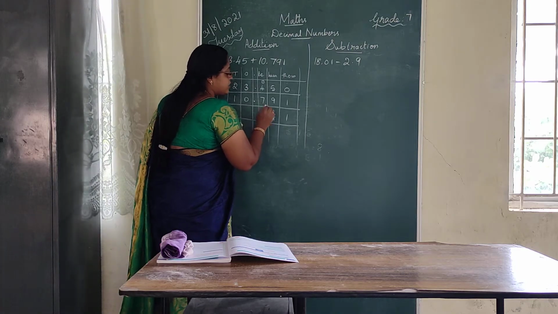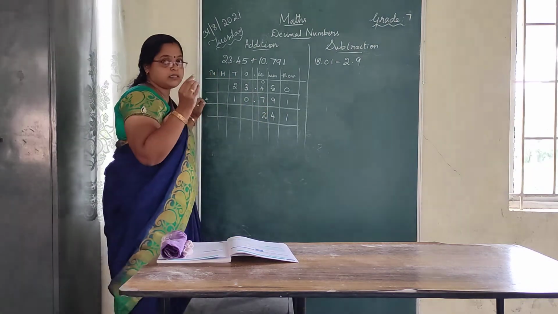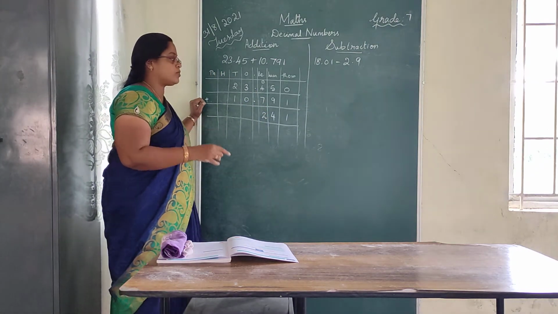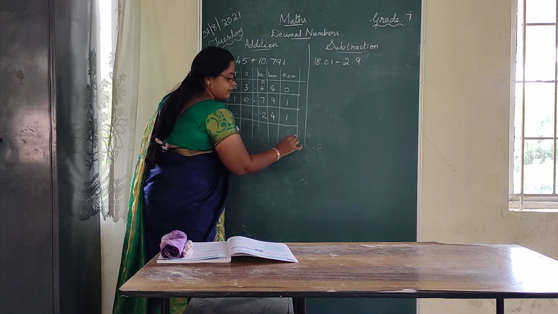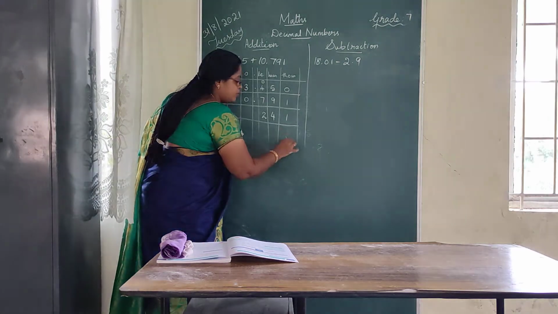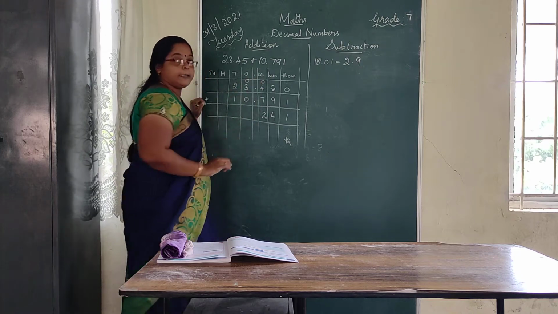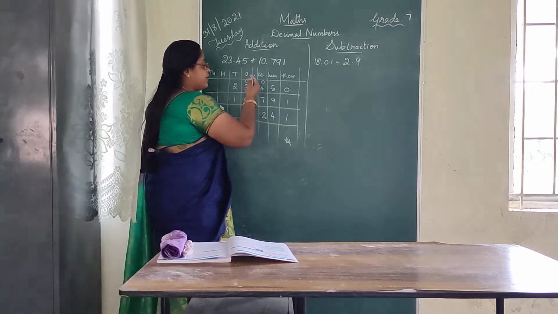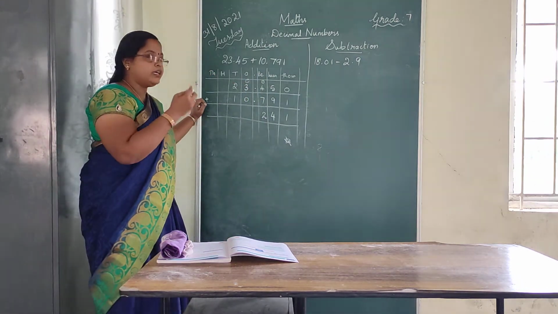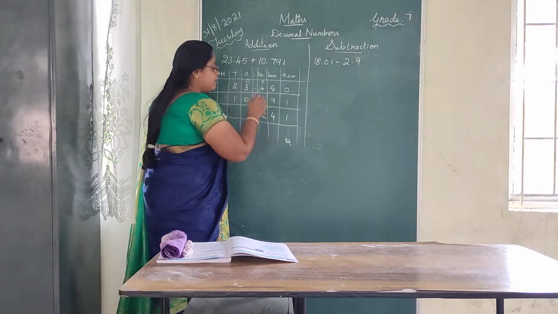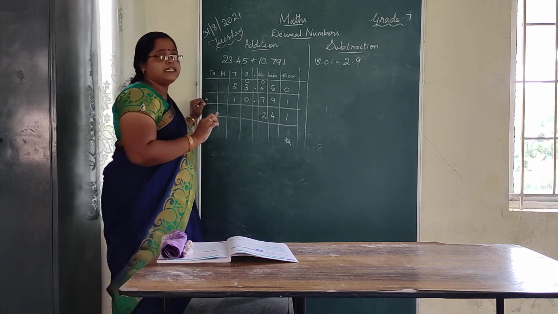Okay, somebody has a doubt. Ma'am, can we write the 12 directly or not? You are asking the same question. You are making the same mistake also. See, 12 is a 2-digit number, is it? So you should write 2 here, and take this 1 as a carry over on the top of 3. Oh, ma'am, here the point is there. How can it come that side? No issue. This is ordinary addition. So if we have 12, you should write 2 here. 1 should be carried over on the top of 3.